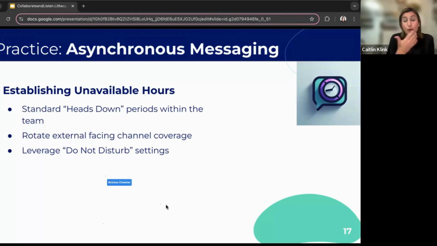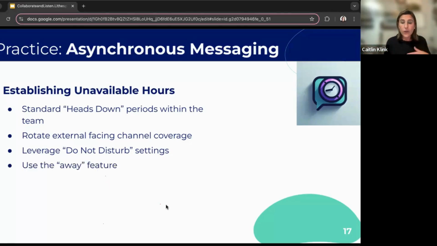And for your part, you also have to silence your notifications, right? So that you aren't disturbed by those chats if and when they do come. And then another mindful way that you can do this is differentiate between away and do not disturb. If you're away, then that's one thing, whereas if you're focused, that's another thing. So again, be intentional about the features that are baked into these apps.